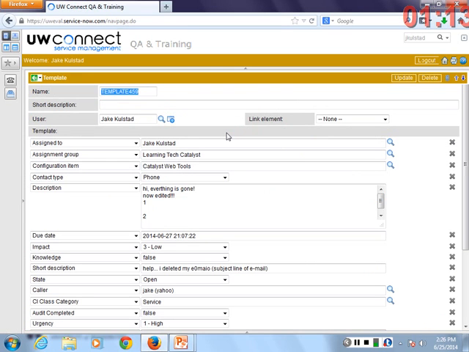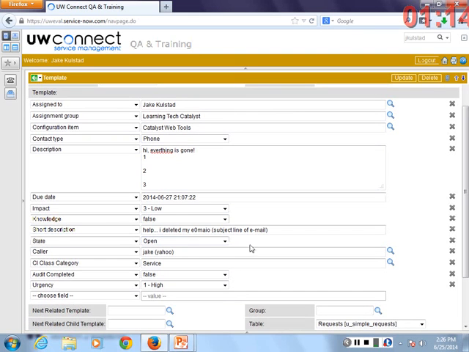I'll just make note here that all the information comes in here, perhaps more than you want. But you can delete things you don't want. So, for example, maybe I don't want to automatically assign to me, or maybe I do. Maybe instead of clicking on Assign to Me, all I do is apply a template that assigns it to me and does a bunch of other really cool things as my very first action. I can go down here and say, oh, that's a good description, I'll keep that, or maybe I can edit it. I can get rid of that now edited part.